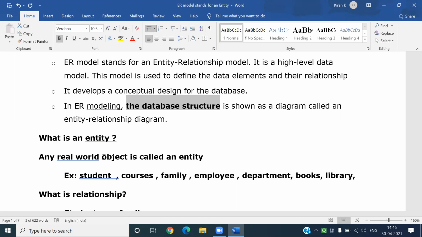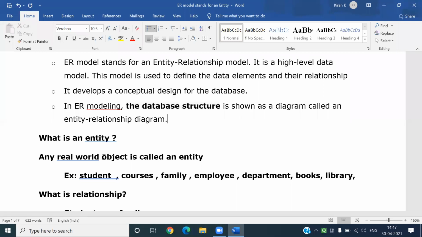By looking at the ER diagram, you can either design the database or clearly understand the structure of the database. So if you want to present your database, you have to do it through an ER diagram only. That is the importance given to the ER diagram.